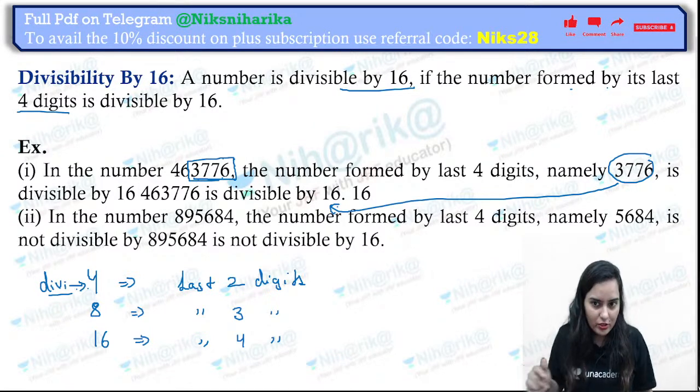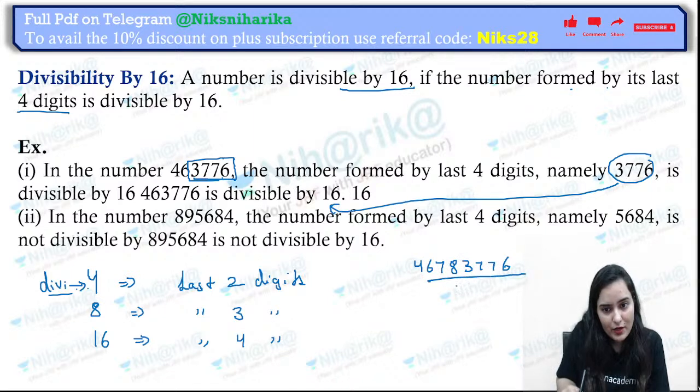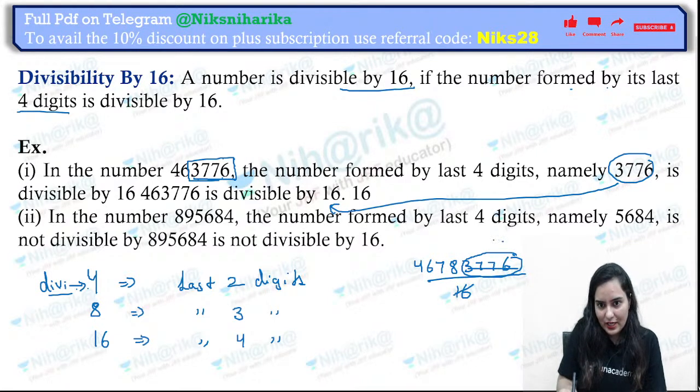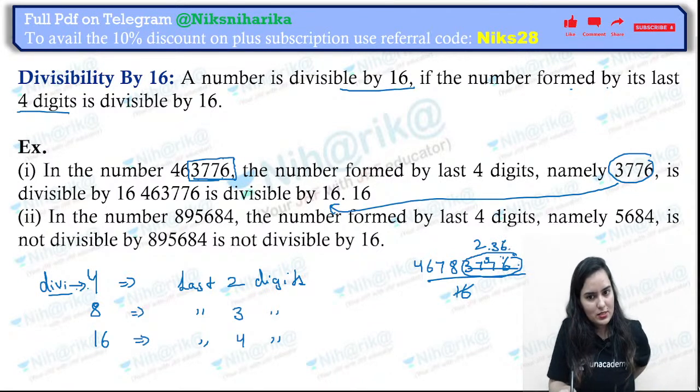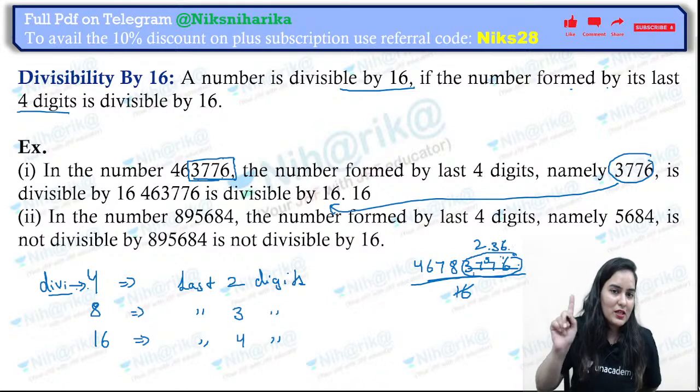Basically, if you are given a choice that you have to divide 4, 6, 7, 8, 3, 7, 7, 6 by 16, instead of the whole process, you can simply take this last number and start dividing. You will get 2 times 32, then 5, then 3, and some number will come. 6 times 6 is 36, so 6 times it will come, I'm sure. That means the whole number will be divisible.